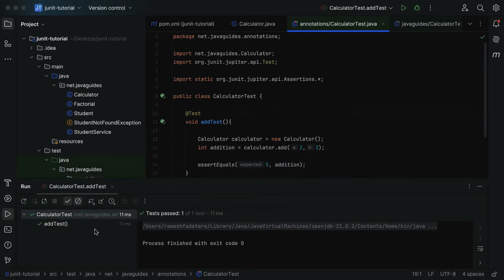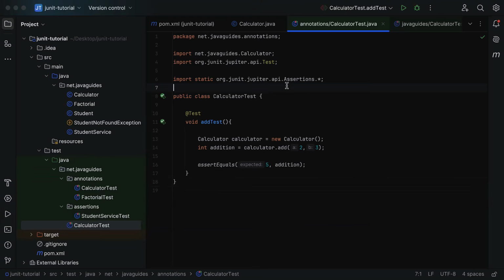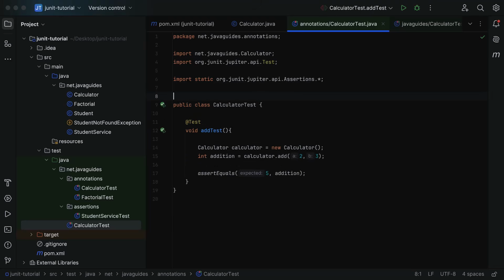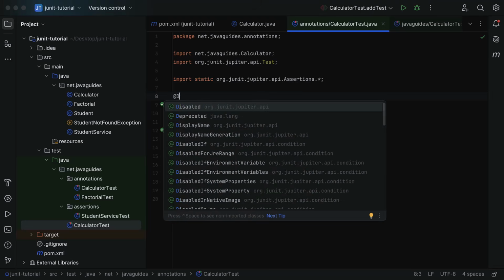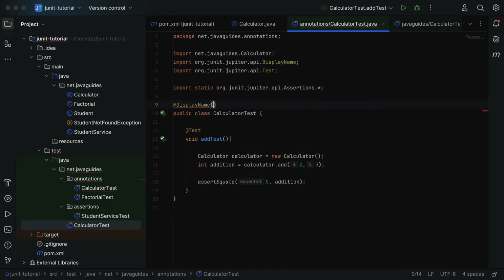Notice here that by default the test class name and test method names get printed in the result. Okay. Next, let us say we want to customize the test class name and test method names. Then we can go ahead and use the @DisplayName annotation. For example, here let us first customize the test class name by annotating it with the @DisplayName annotation. Next, let us pass the custom name. Let us say Calculator Operations